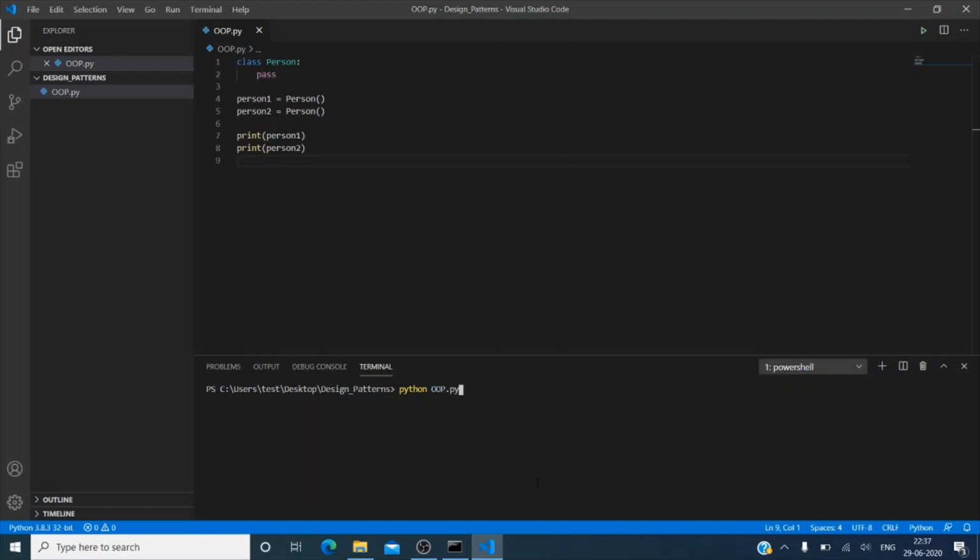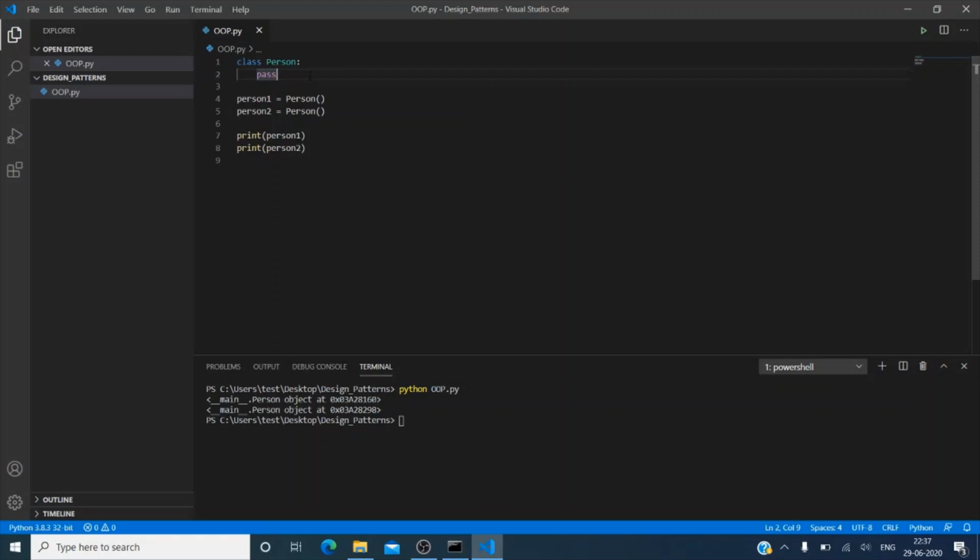The person1 and person2 will be pointing to two different memory addresses, because whenever an object is created, new memory will be allocated to it. When I run this, you can see the first one has last four digits 8160, and the second object has 8298. In this way, we can create n number of objects.